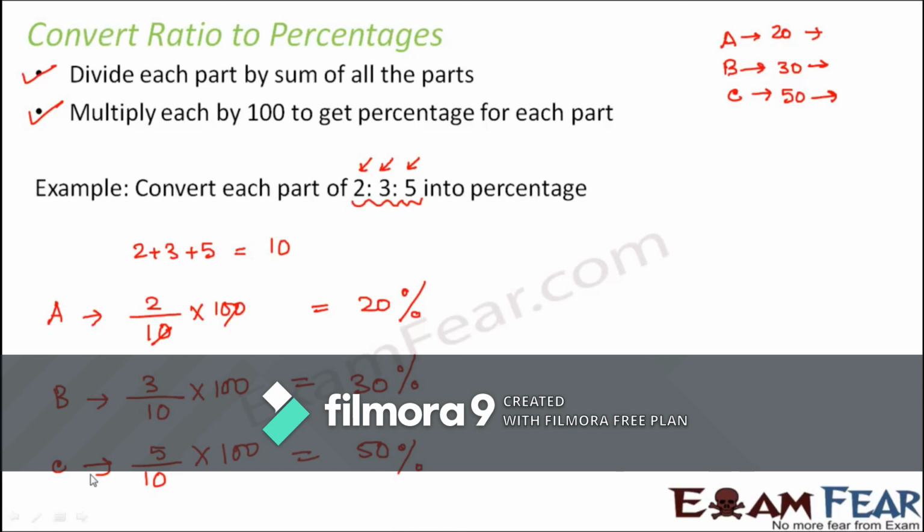This just tells us that if 10 is the total marks, in that case A scored 2, B scored 3 and C scored 5. Now we have to find out how much A, B and C would score if the total marks is 100. That's the concept of percentage. Whenever we talk about percentage, we want to find out how much out of 100. So when you say A is 20%, that means if total marks was 100, then A would score 20. If total marks were 100, then B would have scored 30. And similarly, C would have scored 50. So that's the concept of percentage, and these are the 2 simple steps to convert any ratio into percentage.